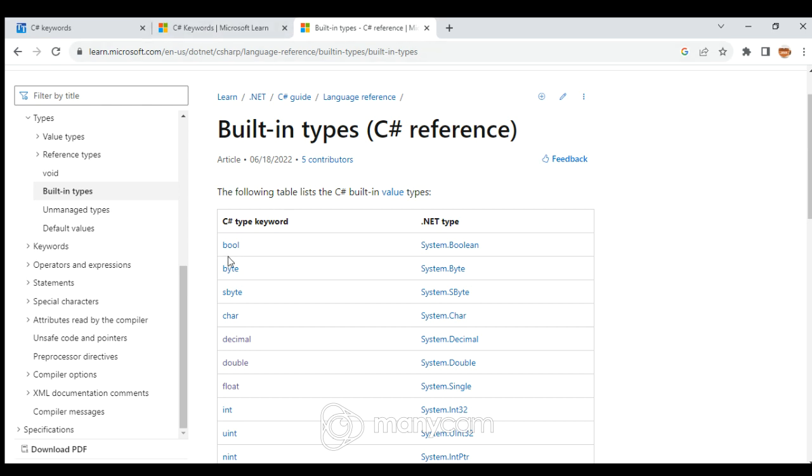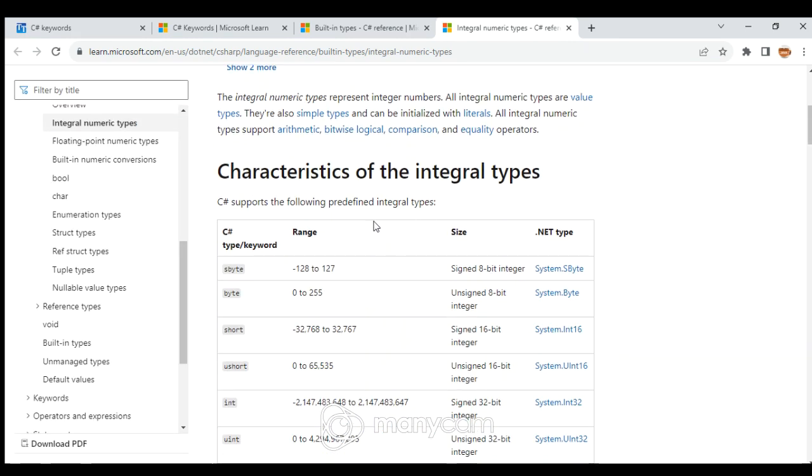Let's check it out. A bool says something is true or false. A byte, each character uses a byte and it has a maximum value. For example, I have here the type byte, which holds this value. What I mean by hold this value,